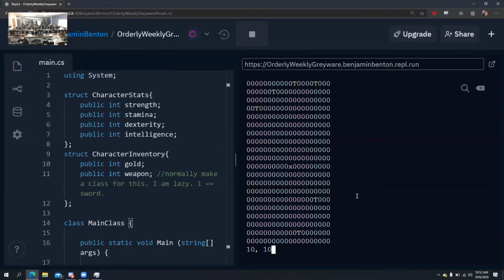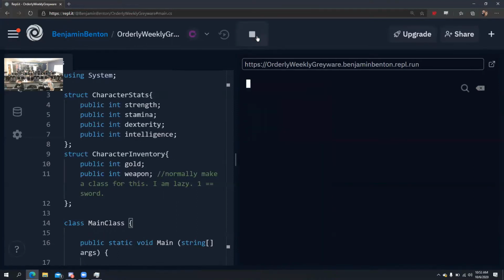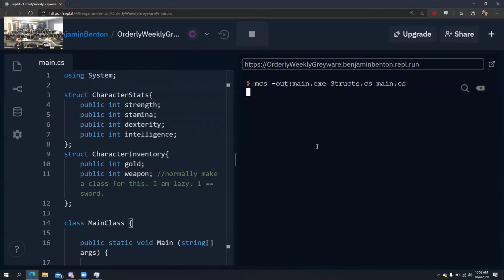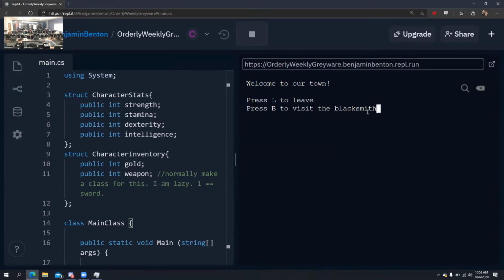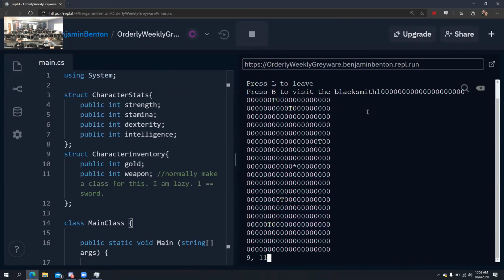I'm still deciding if we're going to do a game like this or not, but without hitting anything, I can move my X around. Those little T's are randomly generated, so they're in different spots every time the game is run. If I run it again, they're completely different. If I go into one, it takes me into a town. I can go check out the blacksmith, leave the blacksmith, leave the town, check my inventory, walk around,